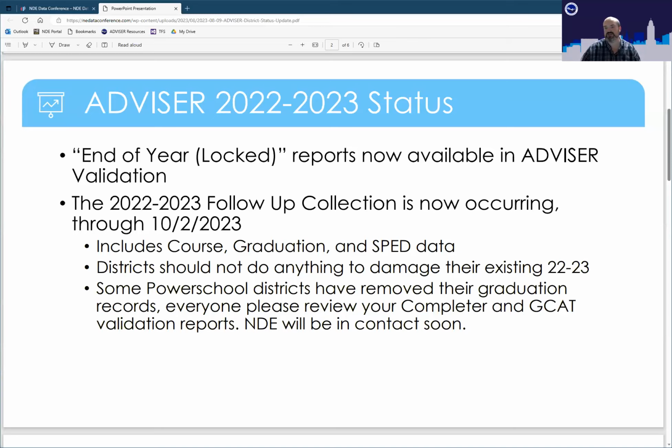That will eventually be used for accountability, as well as public reporting through the NEP. I'm going to look through everyone who has a seemingly low grad rate, and we'll probably be sending out some emails to superintendents soon. So please get that updated by October 2nd.